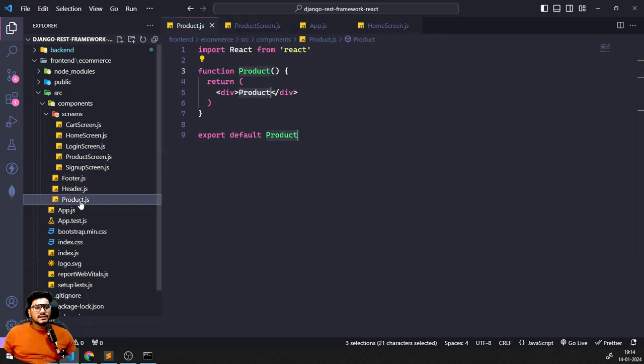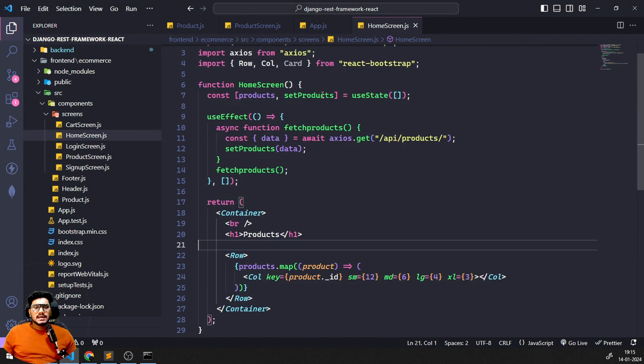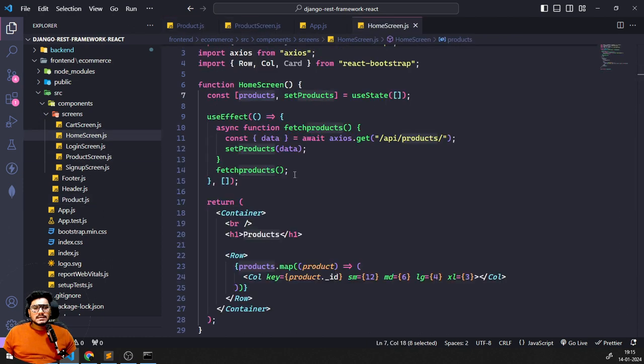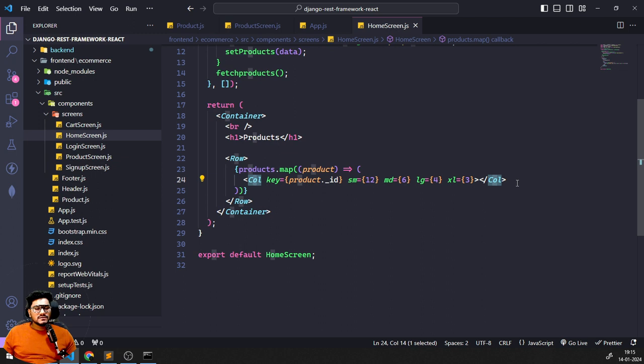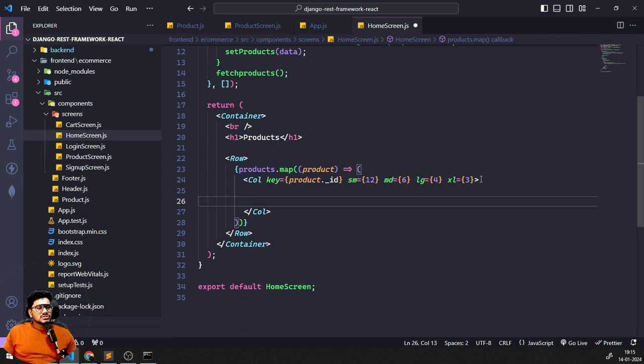Now let's configure the product.js here. So whenever we are getting from the home screen, basically from this specific home screen I wanted to pass all the products to this product.js file here. So for that what I'll do here is I'm just going to use the columns. We are using the specific columns, right? Inside the columns, whenever we are having some kind of data,